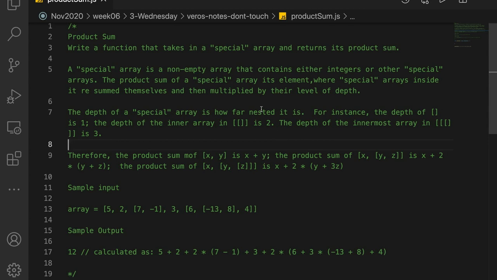Now we're going to do an algorithm for the product sum, which is to write a function that takes in a special array and returns its product sum. So basically, a product sum is taking the depth of an array and taking the sum of that and multiplying it times its depth. So for example, if we had an array with all integers, like something like this,